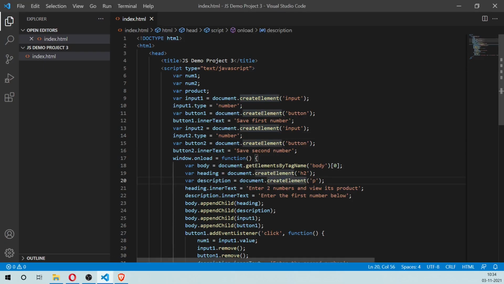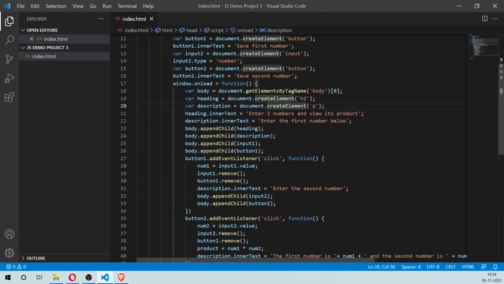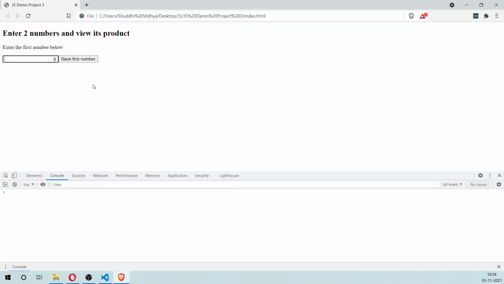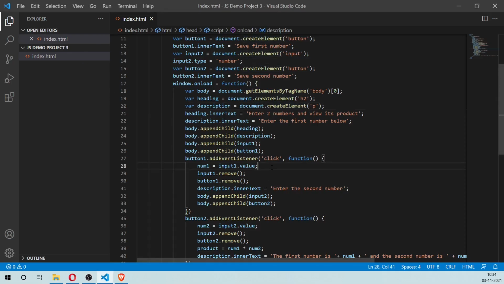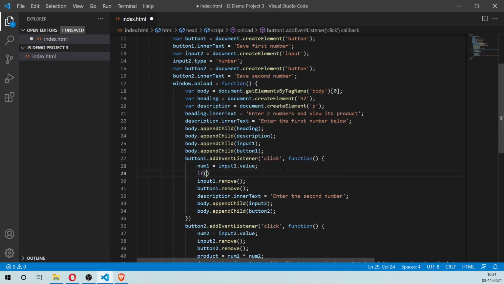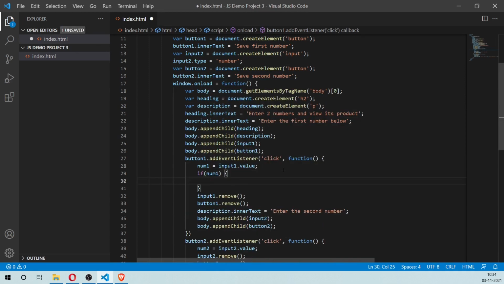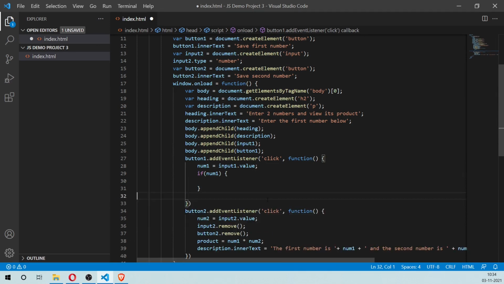The second check is basically to check whether they're entering any values. Right now, if you click on this without entering any values, it will still register, and we don't want that. So what we can do is say if num1, then you do this.